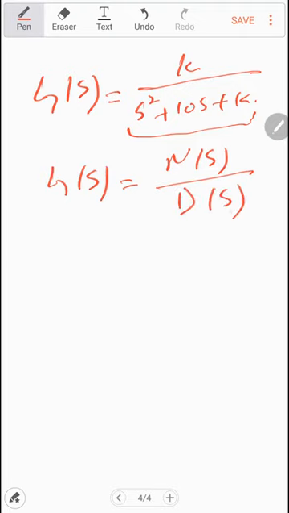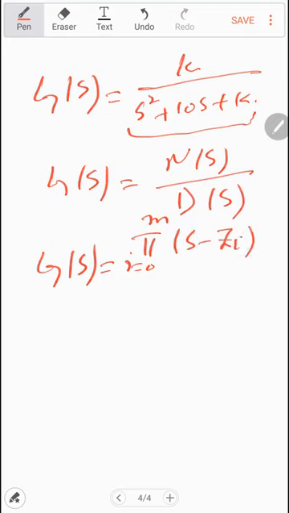So this is the denominator polynomial, or we can also say that in terms of the roots, this will be equal to the product from i equal to 0 to M of S minus Zi, divided by the product of S minus Pi, where Pi are the poles and Zi are the zeros of the transfer function. Those values of S for which the transfer function becomes equal to 0 are called the zeros of the transfer function, and those values for which the transfer function becomes equal to infinity give you the poles of the transfer function.